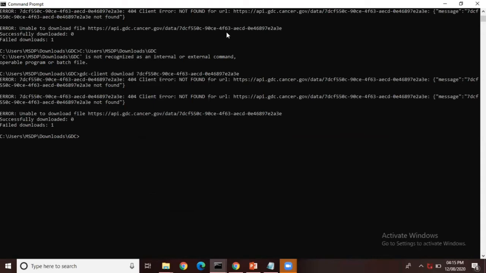So I just wanted to see the use of the -t flag in the command. I think if you have a token file, then only we can use that. Okay, okay. If somebody has any questions, they can ask me, or else we can conclude today's session.